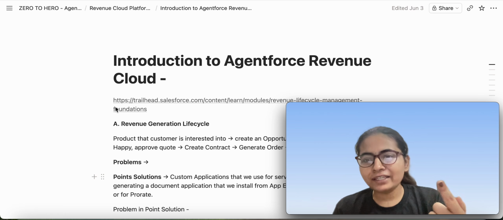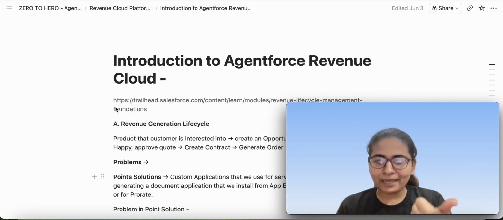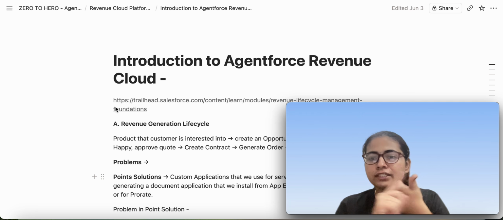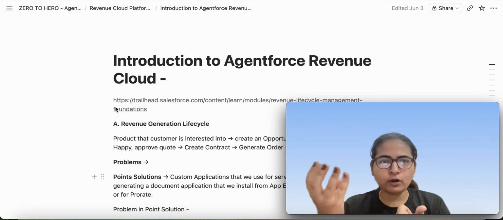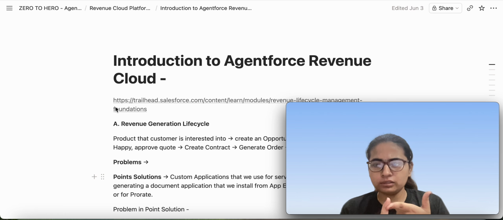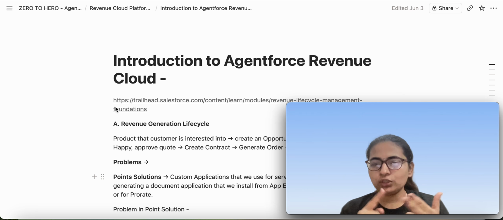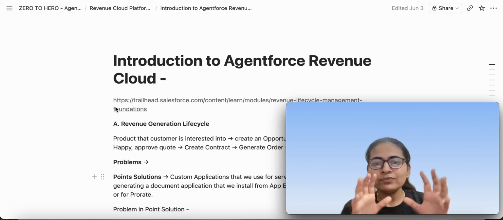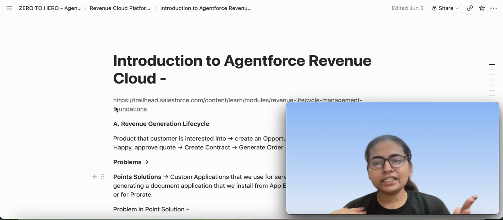Okay, so one thing is CPQ versus Revenue Cloud. What is CPQ? CPQ is a managed package which mainly focuses on CPQ, which means you configure the products, product options, product bundles, nested products, decide the billing, how the discounts are going to apply, that entire engine, and mainly focuses on sending the documents related to the quotes, right? So CPQ is a managed package mainly to make the life of sales representatives easier, to make our sales smoother.